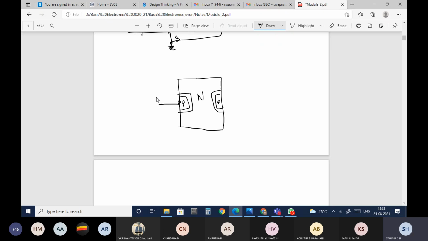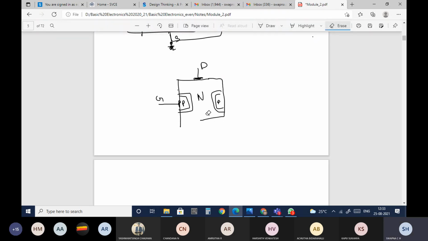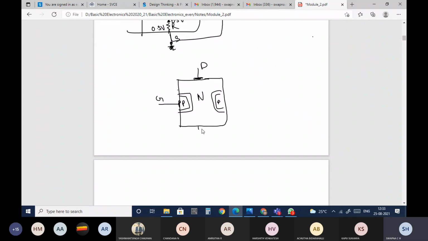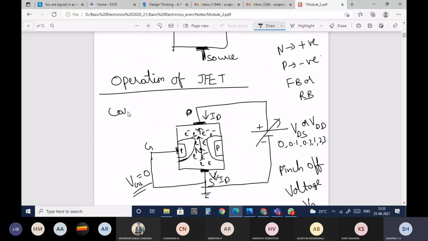Here I'll have the gate terminal, here the drain, and here the source. This is how it is constructed. The first case, case 1, is when VGS is equal to 0.